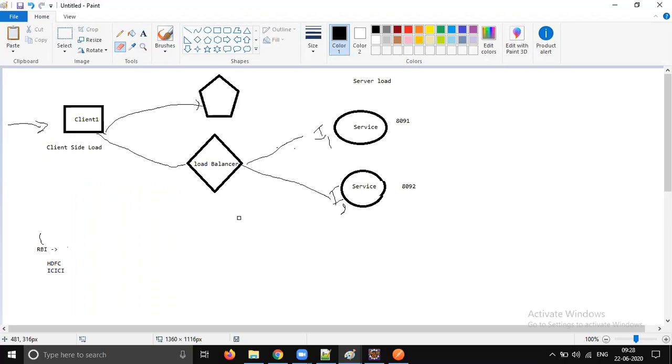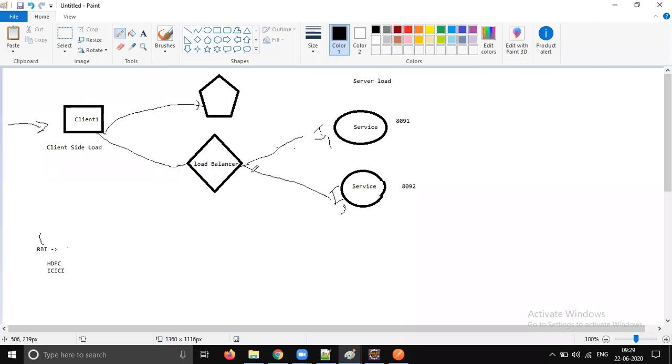So here is the place where we will put the load balancer. But anyway, this is not the load balancer which we use in the company, right? A hardware load balancer is costly, and it takes a lot of time. It won't be managed by one person, and it won't be managed in our organization. Some third party or some dedicated team will be working on it. So doing any change in the load balancer is not that easy.